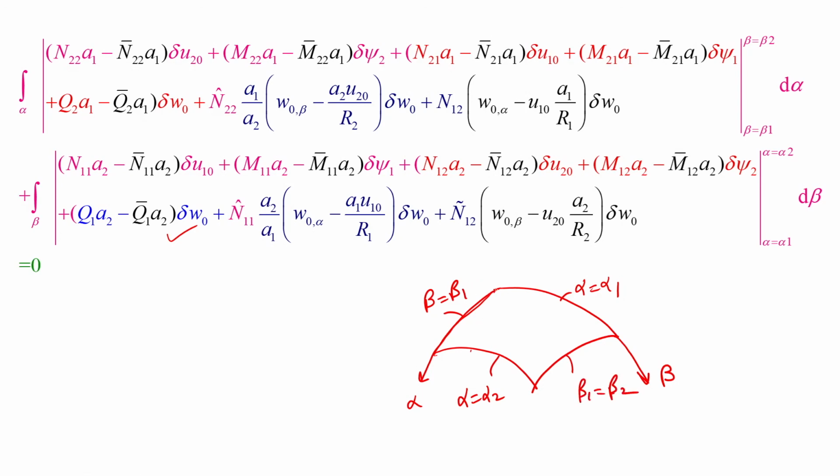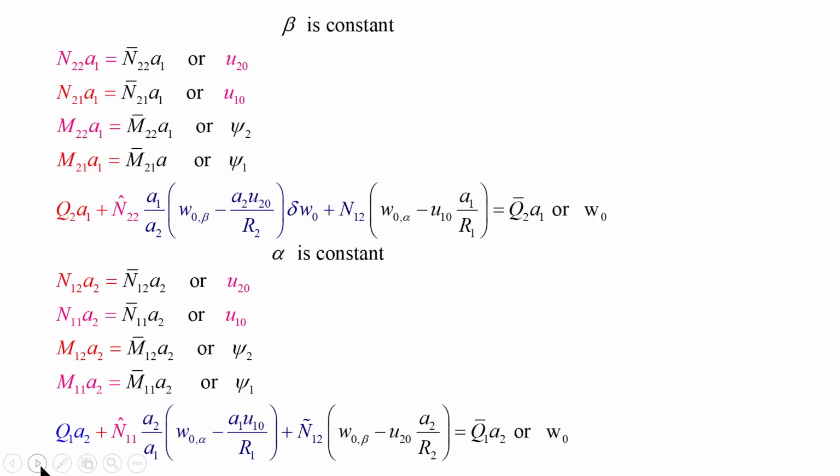It may be 0 because you have taken the coordinate system here itself. So, it will be 0. So, this will be the edge where betas are constant. So, these variables need to be satisfied. I have already told you that we are going to put this term individually 0, this term individually 0, this term individually 0 and so on, and the del W naught coefficients. So, if we do so, we will get an edge where beta is constant,